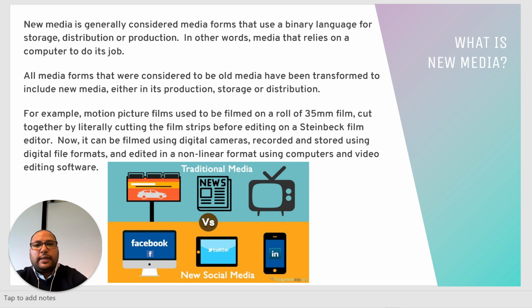New media is generally considered media forms that use a binary language for storage, distribution, or production. In other words, media that relies on a computer to do its job. All media forms that were considered to be old media have been transformed to include new media, either in its